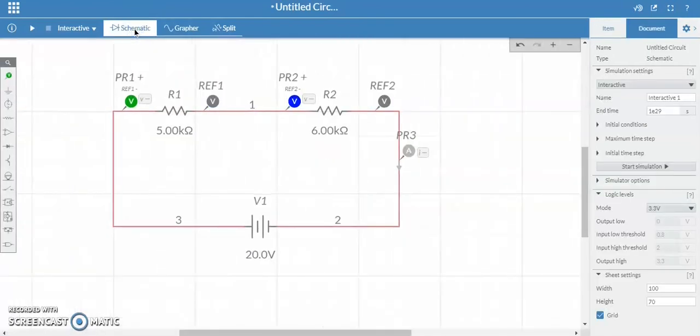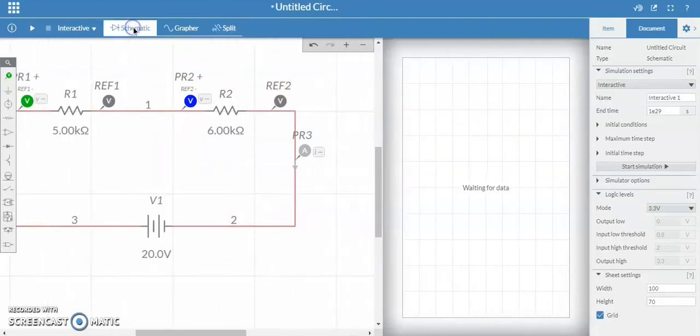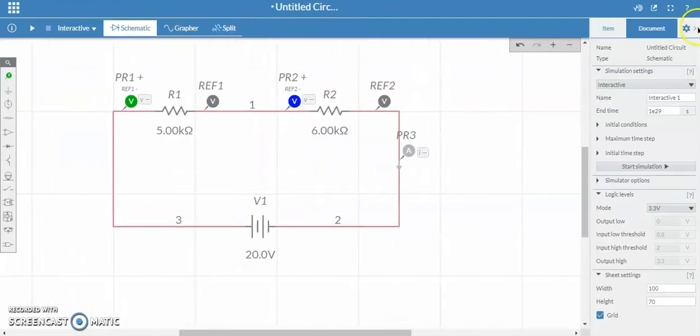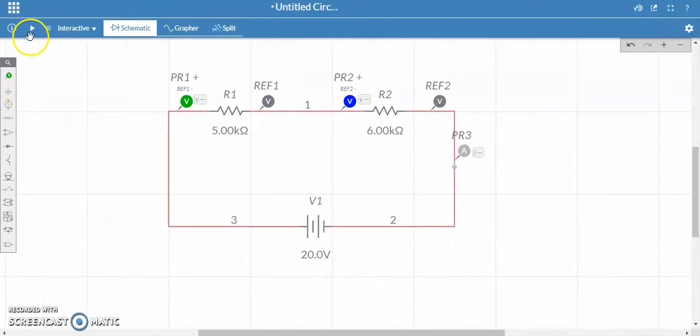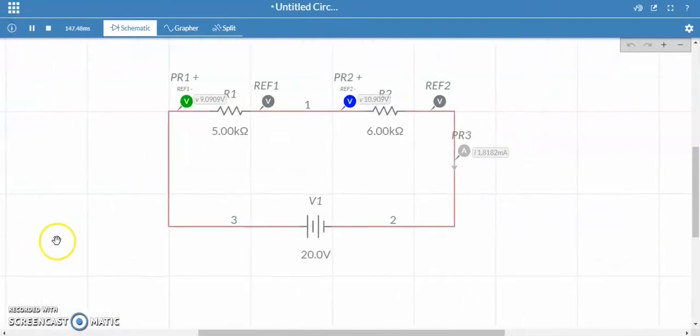These are some features. In this grapher we can see only the graph, and here we see just the diagram, and in this menu we can see the diagram and graph also. Now run the simulation by pressing this button.